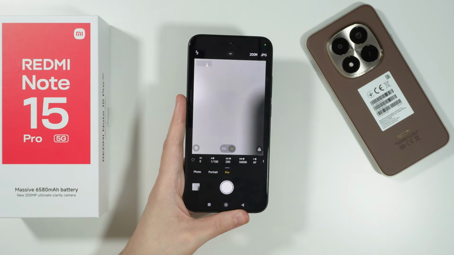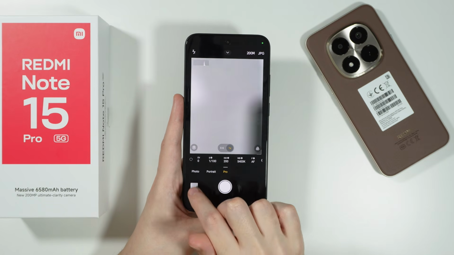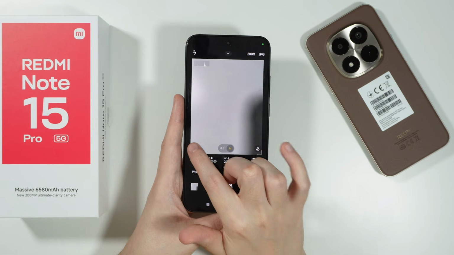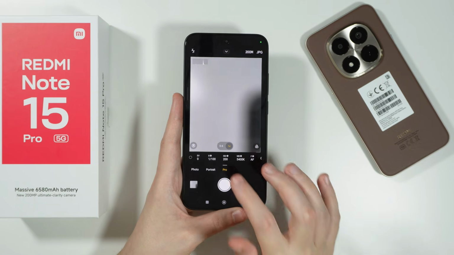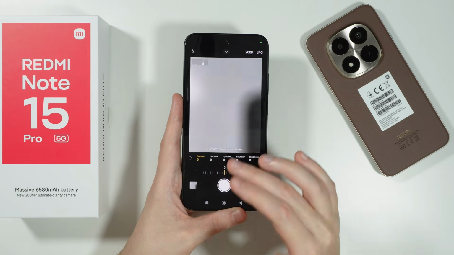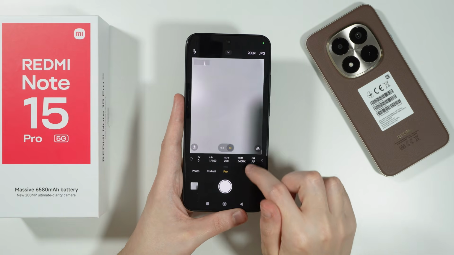So this is something that is actually quite hidden, I believe, and some people might not notice it, but over here we have this layer icon which allows us to adjust these things. So besides using these standard parameters, we can do more stuff in here. And also the Pro mode has